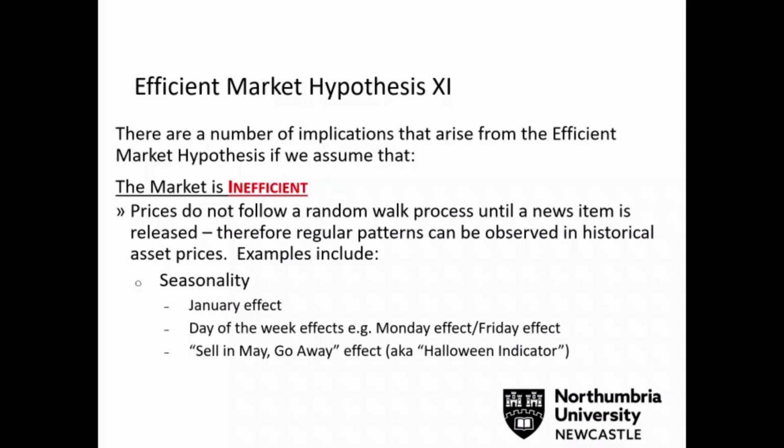There should be observable patterns, and there are a number of observable patterns out there that have been identified, mainly seasonal effects. So there's something called the January effect, which is all about taxation in the US and when tax receipts are paid and how that impacts the value of a firm. Historically, this is related to small and medium-sized listed firms in the US. There are patterns about days of the week, so the Monday effect and the Friday effect and investors' behavior. And there's also the concept of sell in May and go away, which is also known as the Halloween indicator,